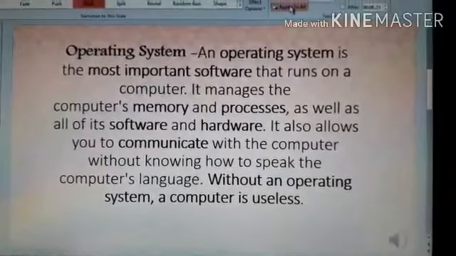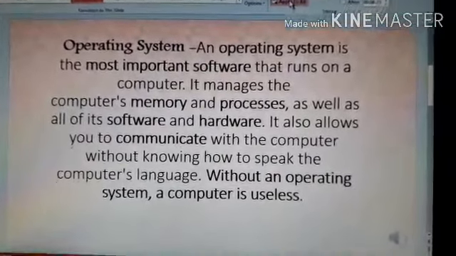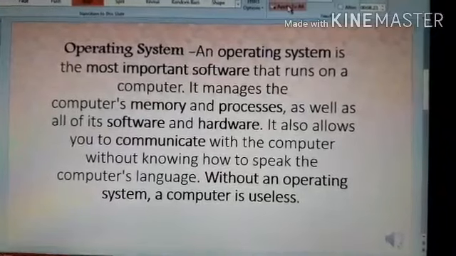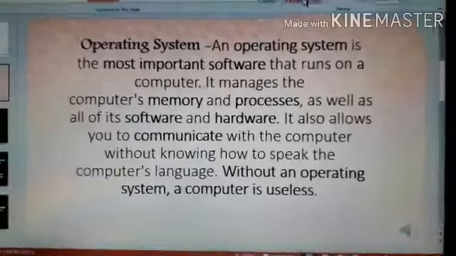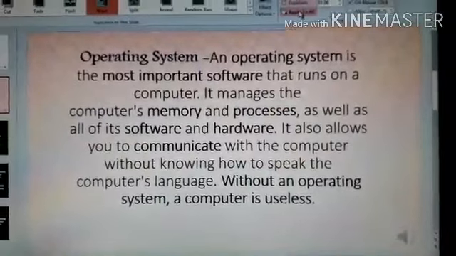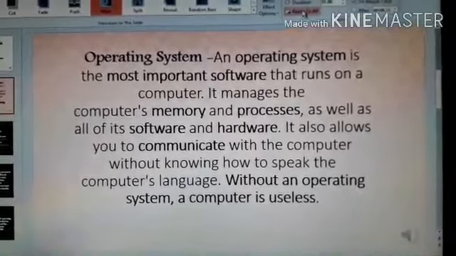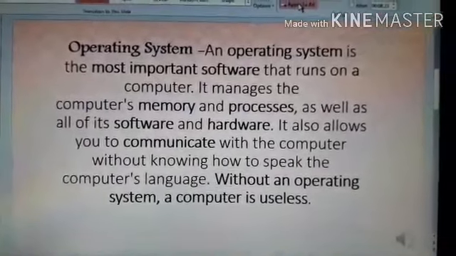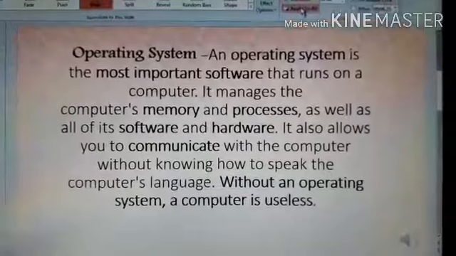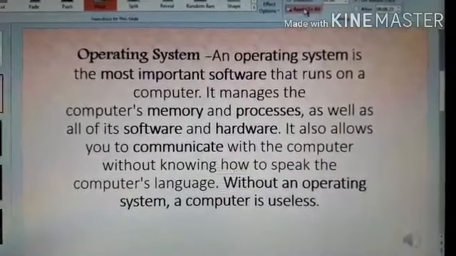जब कंप्यूटर को हम चलाते हैं तो इनपुट से डाटा लेता है और आउटपुट देने के टाइम पे कंप्यूटर को डाटा को सही से स्टोर करता है। As you all know, the computer only understands machine language. If you want to communicate with the computer without knowing the machine language, we use Windows software, also called the operating system.